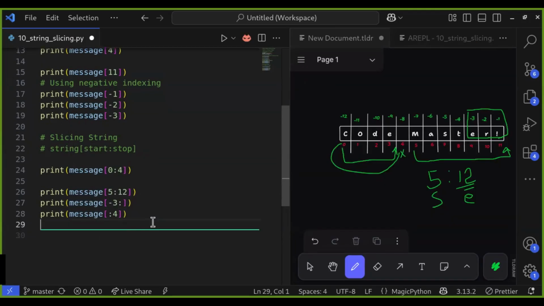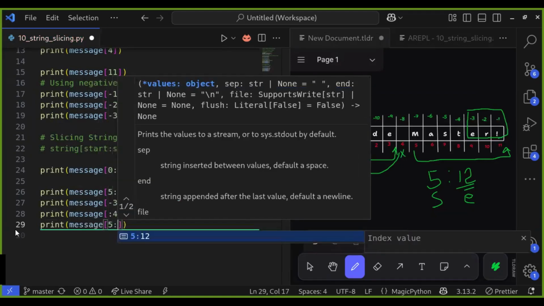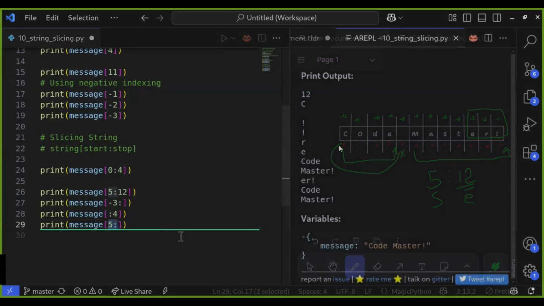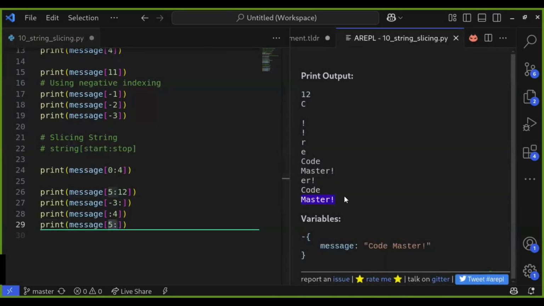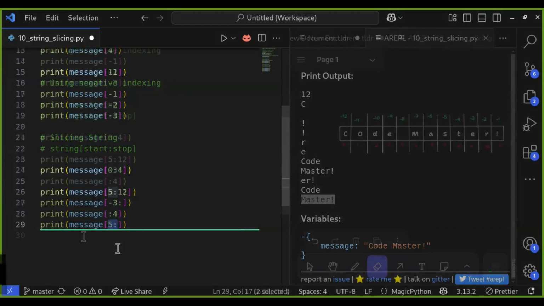And if we omit the stop index, Python goes all the way to the end. For example, print message 5 colon without stop index, which means we are slicing the string from the 5th index up to the end. So we will get master. Slicing is precise, flexible, and essential when working with text data.